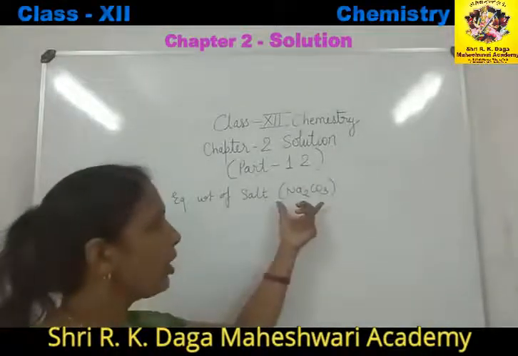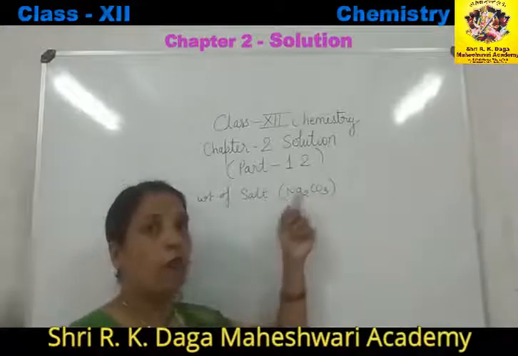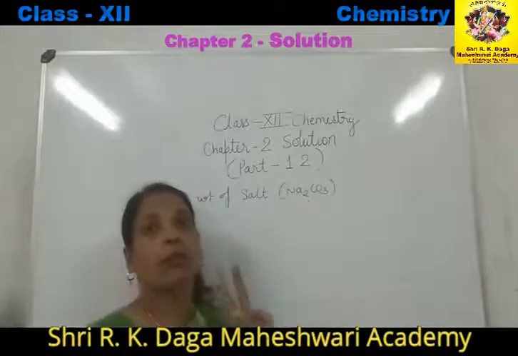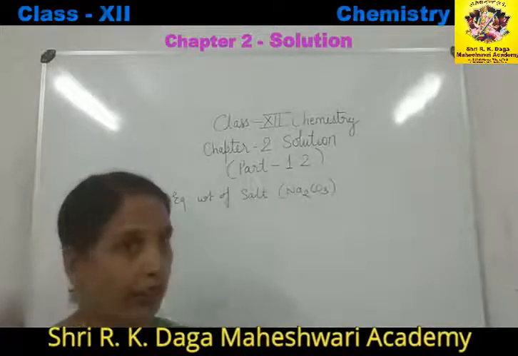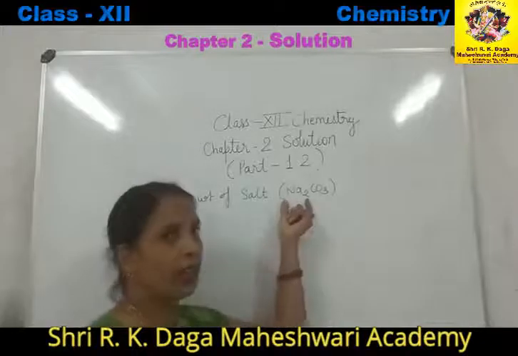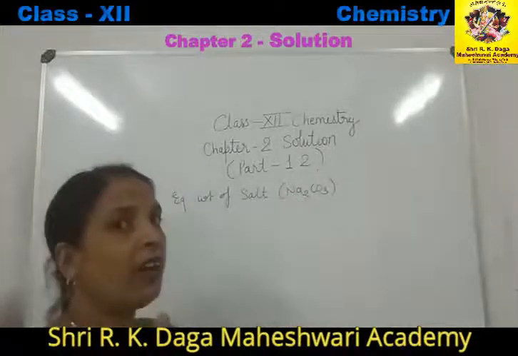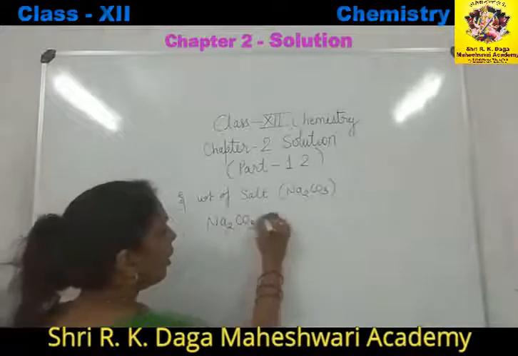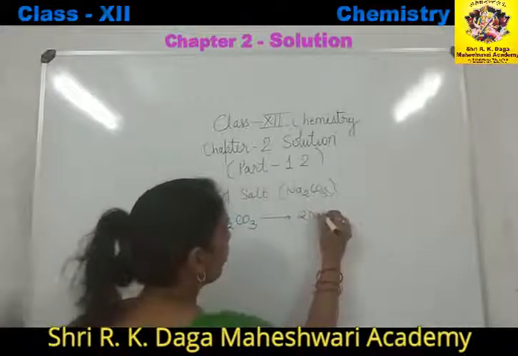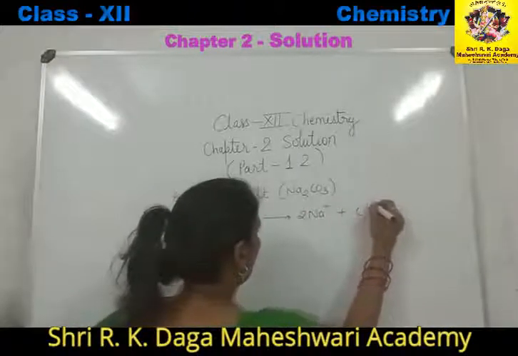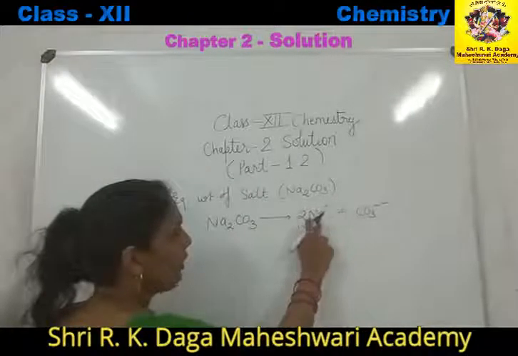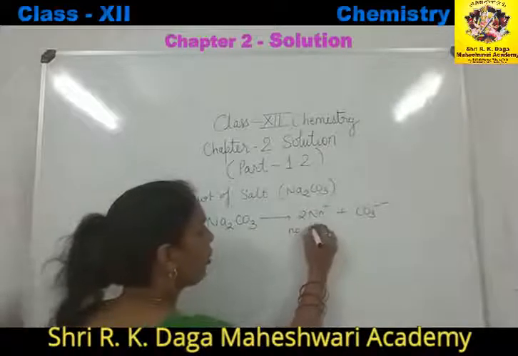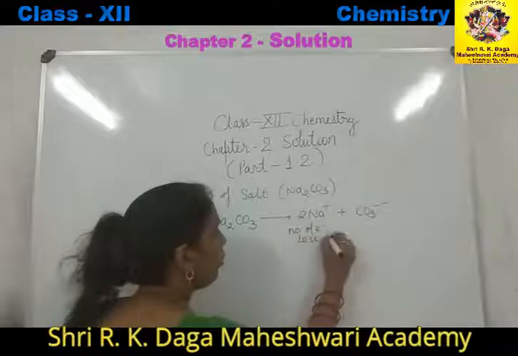So during the formation of the sodium carbonate salt, one sodium atom will lose one electron, and here there are two sodium atoms, so two electrons will be lost by the sodium atoms. So how many electrons are donated by the metal ion? Two electrons are donated by the metal ion. Because whenever we dissociate sodium carbonate, it will dissociate into 2Na positive plus CO3 double negative. So how many electrons are lost by the sodium ions? That is 2. One by one, so 2 in total. So the number of electrons lost is equal to 2.